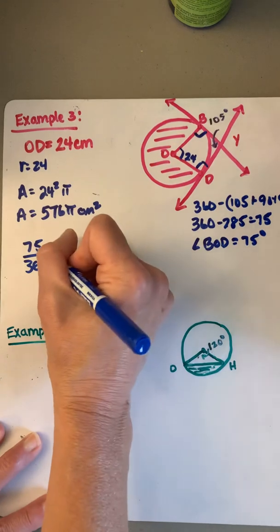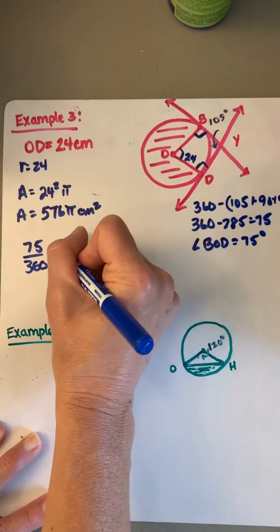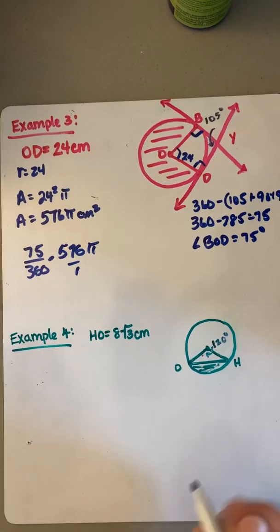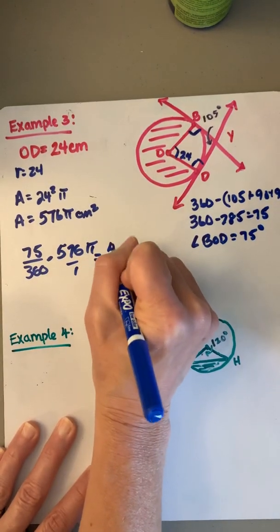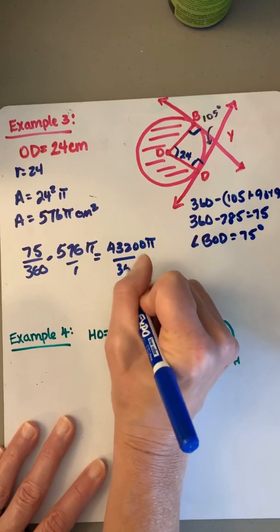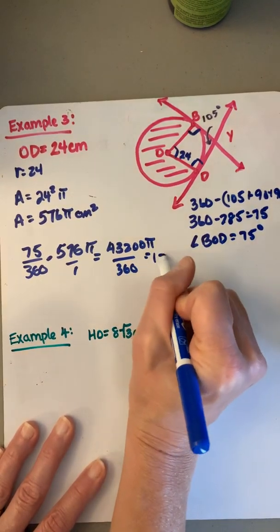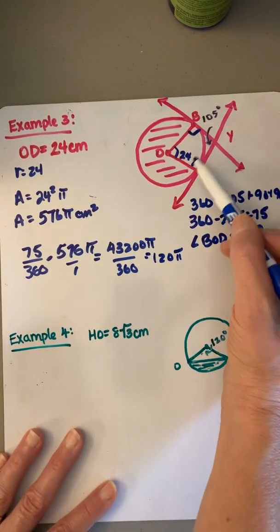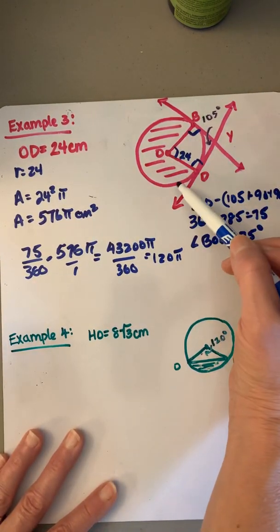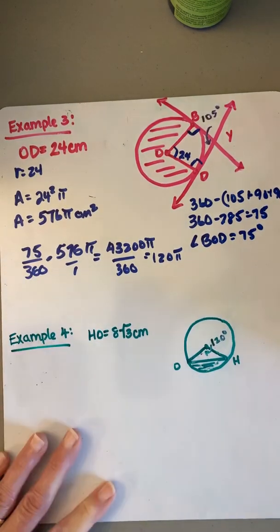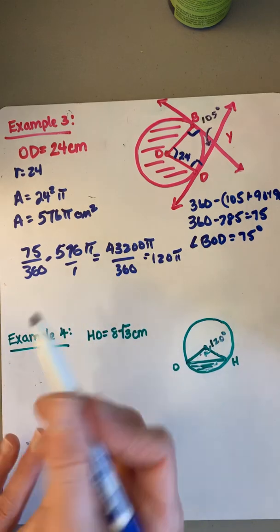There's a couple ways you can do it. Multiply this by 576 pi over 1, and you get 43,200 pi over 360. That equals 120 pi. But that would give us the part that's not shaded, and what we really want is the part that is shaded. We could have subtracted that 75 from 360 and used that here, but we're going to do the subtraction